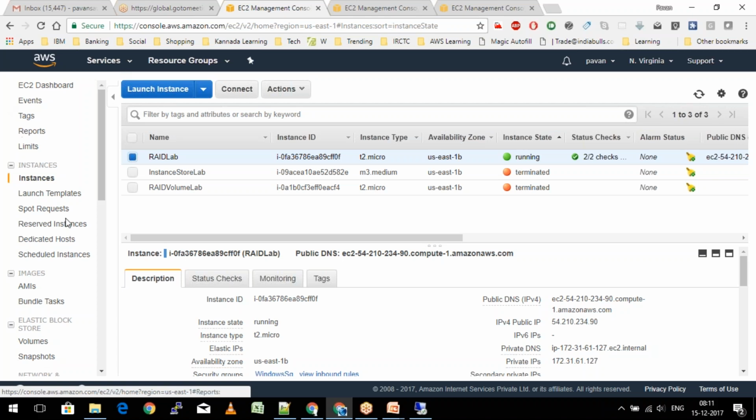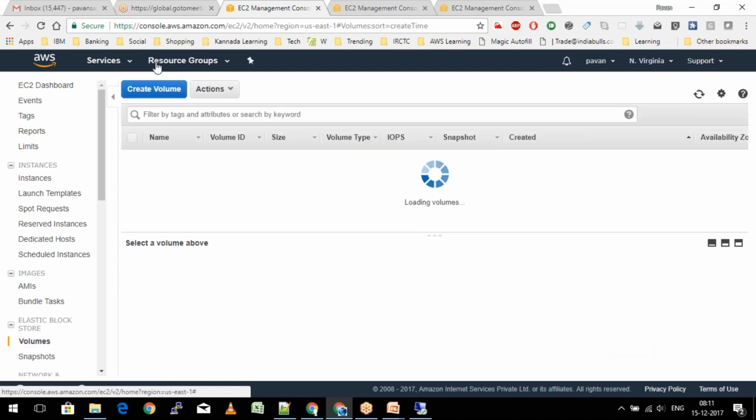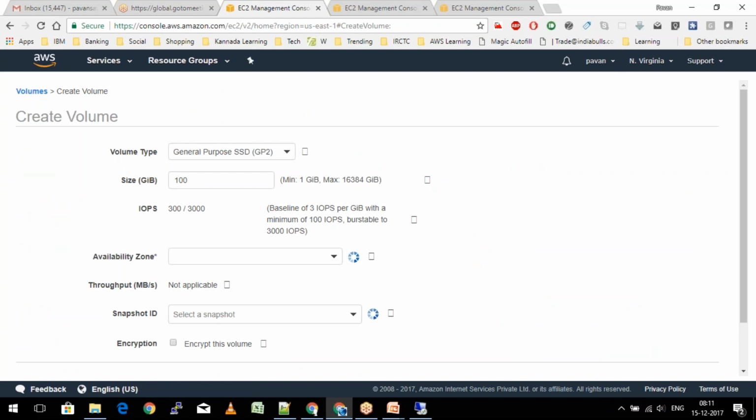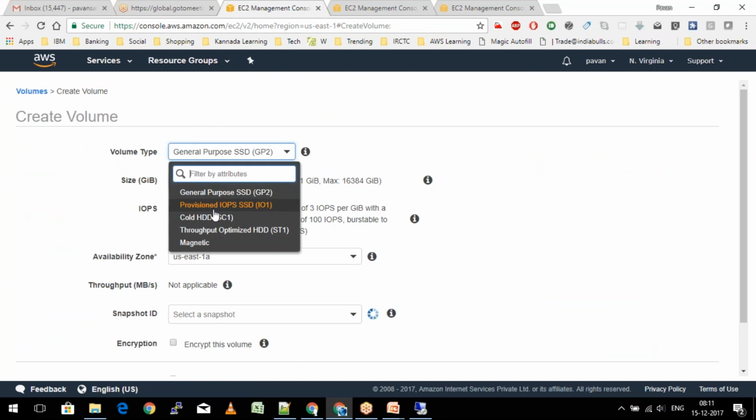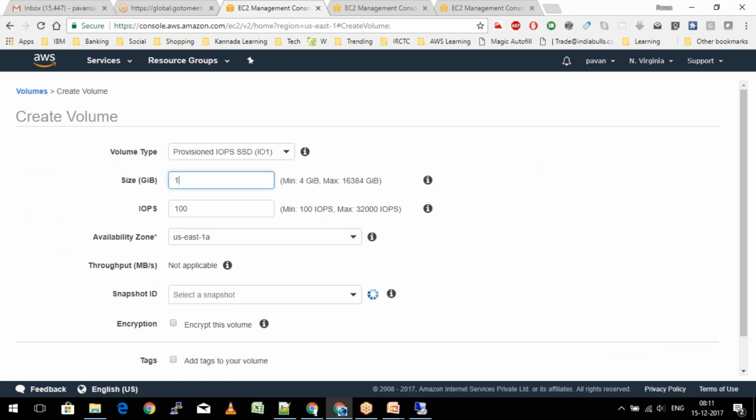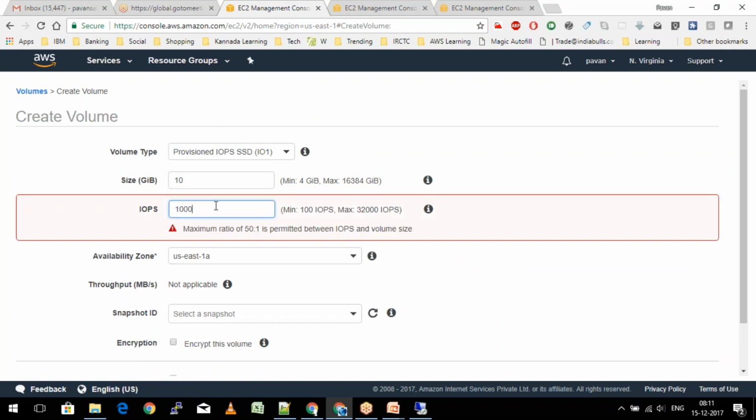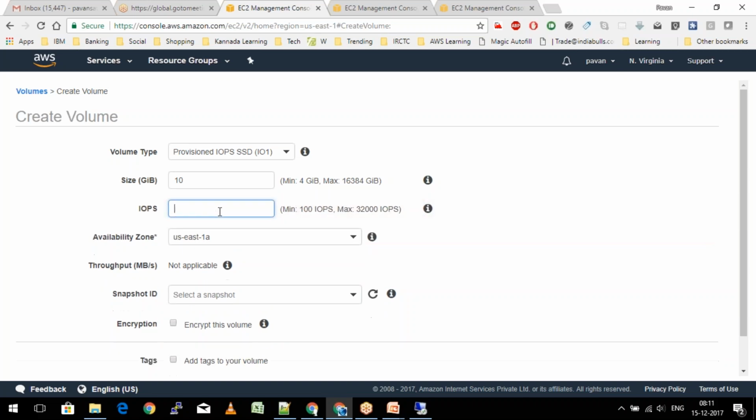So if we are going to launch a new volume, specifically we get general purpose SSD or provisioned IOPS. In provisioned IOPS, I have control over how many IOPS I would require, right? So if it is a size of 10 GB, I can say that I want 100 IOPS, or I can say I want 1000 IOPS as well. Okay. For 10 GB, let's say I want to have 7. Okay, the maximum is 50:1, so I'll be able to configure a maximum of 50 IOPS in this case,